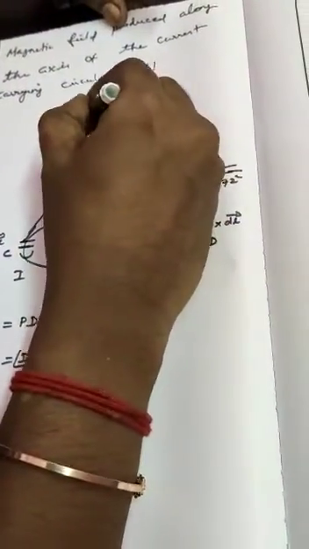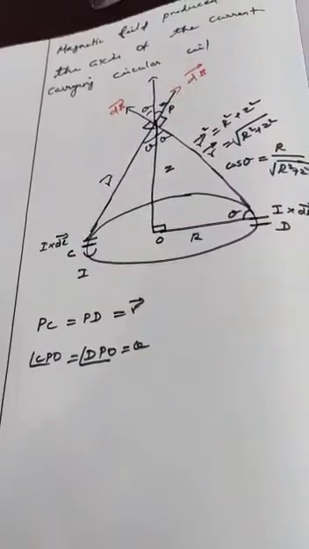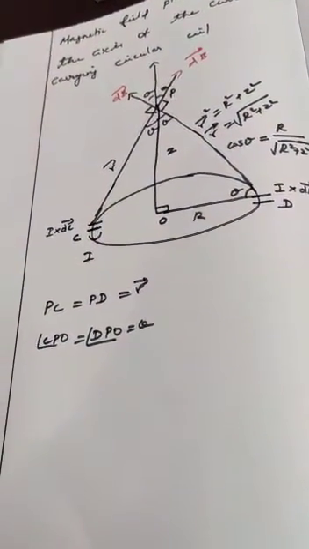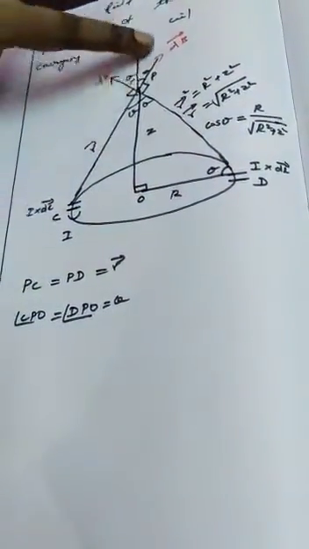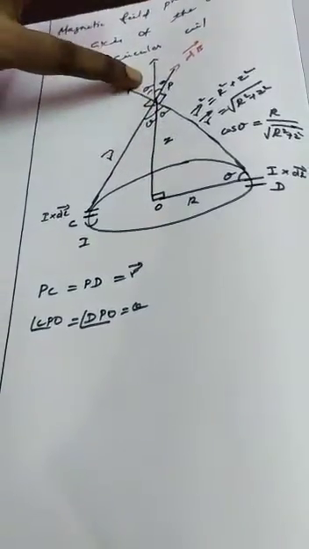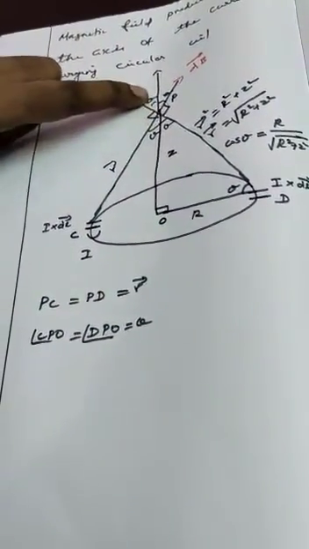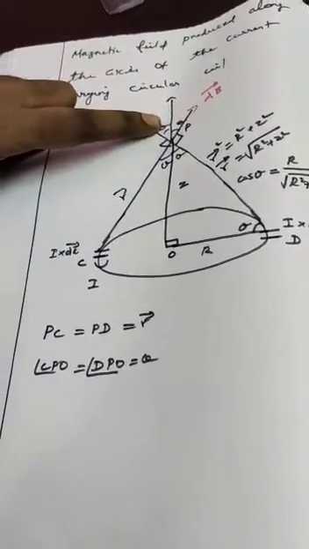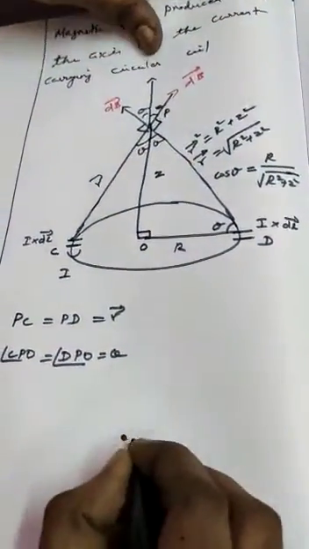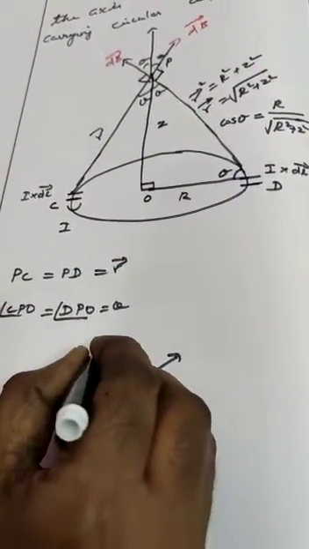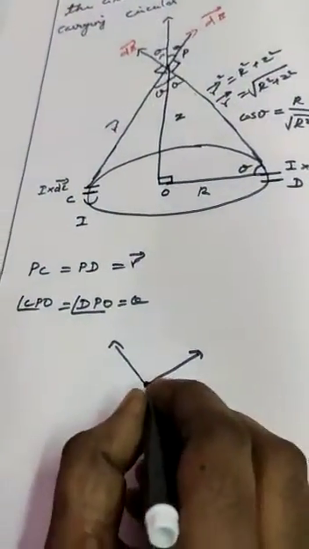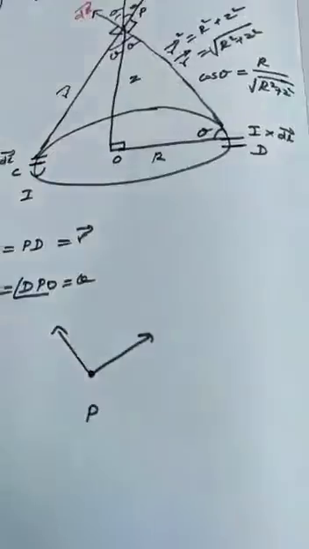So look at the point P. There are two vectors crossing each other, because of the two length elements, two magnetic fields are produced and they are vectors. So we have to find the resolution of vectors at the point P to find the resultant of these two vectors. So at point P, I am drawing separately just this part, two vectors. So this is the vector which arises from point C, and this is one more vector which arises from point D. To find the resultant, they are resolved into two components.